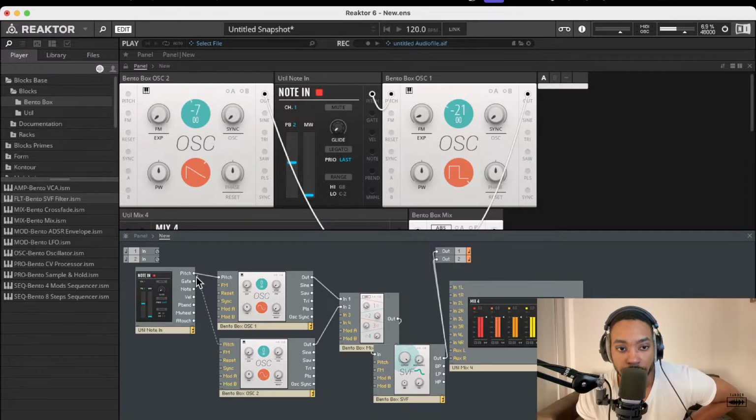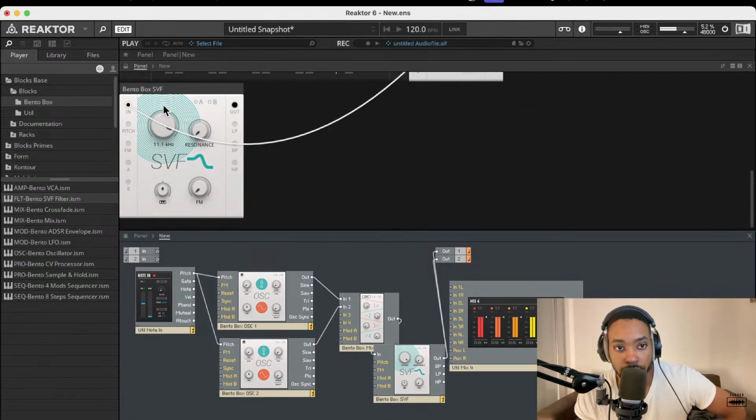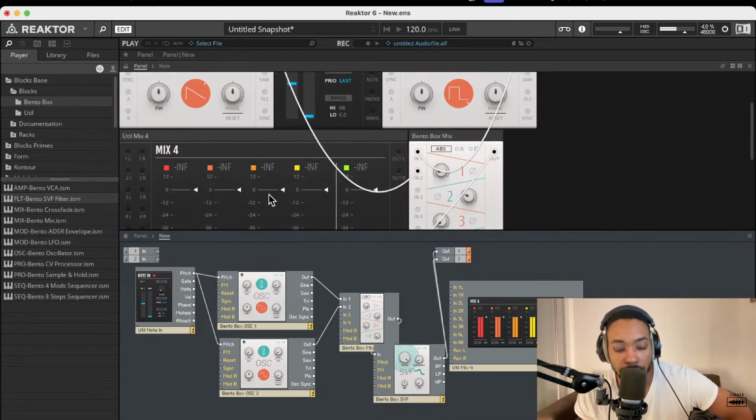Oh, okay. We missed one. There we go. We got something. And now we've filtered out higher and lower frequencies. I'm going to bring this up in pitch, just to match the octave. And then we're going to keep tweaking our sound,